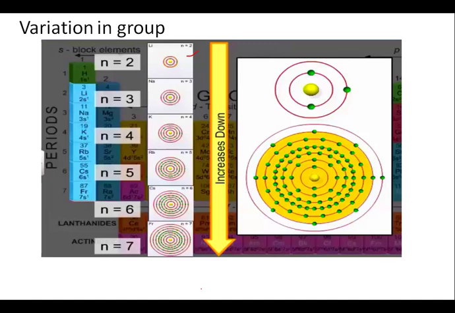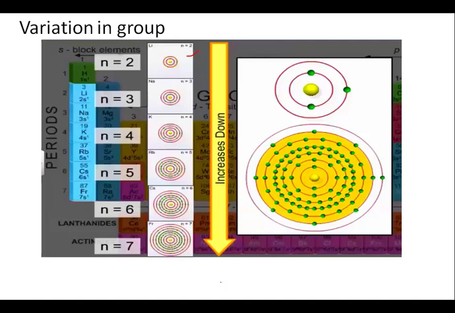You can see that the size goes on increasing as we move downward, right? And the reason is the addition of shells. Can you see the difference, that there are 2 shells, K and L. Now K, L, M. For sodium there are 3 shells, for potassium 4, 5, 6, and for francium there are